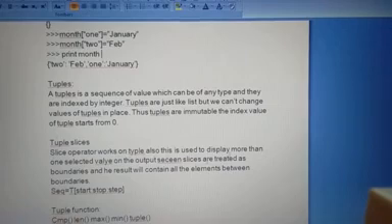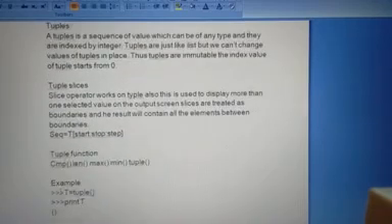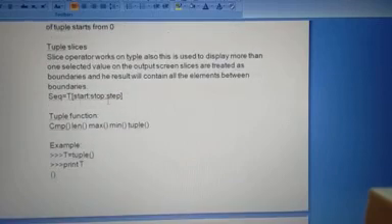This is used to display more than one selected value on the output screen. Slices are treated as boundaries, and the result will contain all the elements between the boundaries. The sequence is start, stop, step.